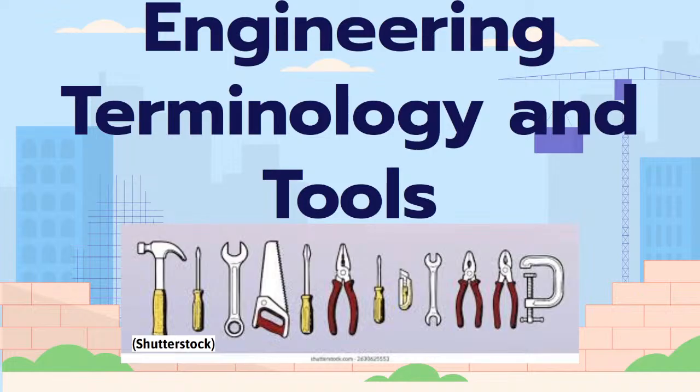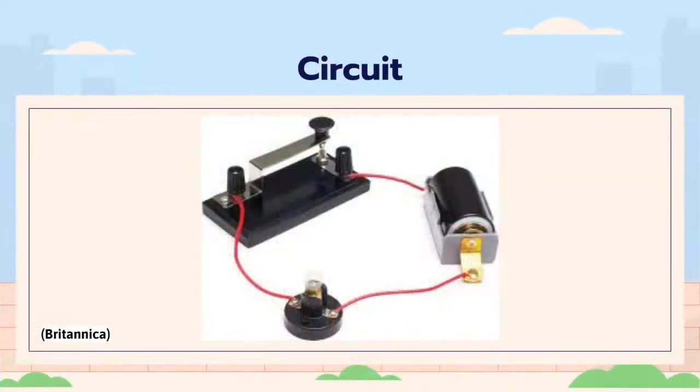Now we're going to look at the different terminology and the different tools that are needed. Our first one is circuit. Let's all say it together. Ready? Circuit. I mentioned it before, but do you remember electrical engineers and computer engineers? They need to use circuits to make sure that power and voltage is being transferred to the different parts of the computer or robot or satellite that you're building. That's kind of what circuits are.